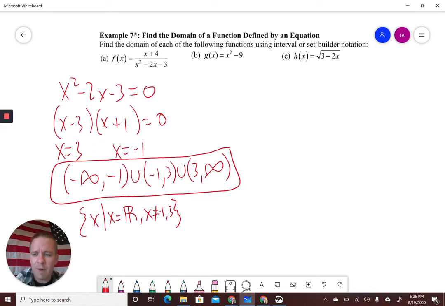I have a parabola, right? So my domain, well, let's think about a graph of a parabola, or really, is there any number that I can't throw in for x if I'm talking about the domain of that function? Can I not square any particular numbers? No. So this one's going to be all real numbers, or negative infinity to positive infinity, or if you're doing the set builder notation,